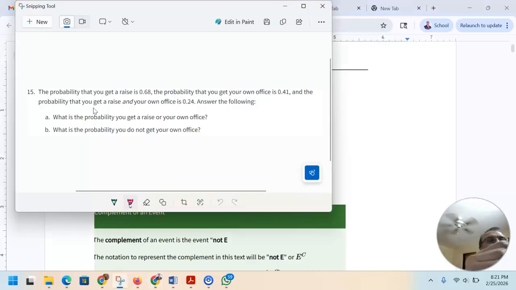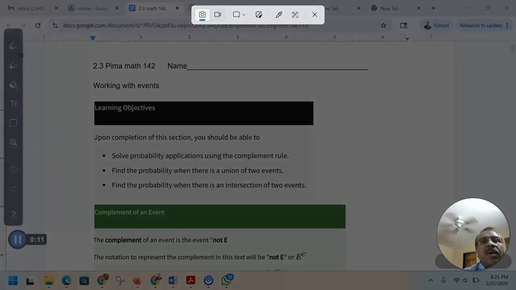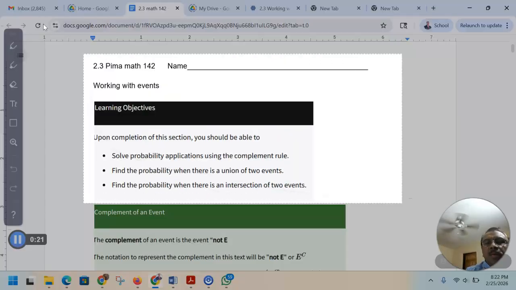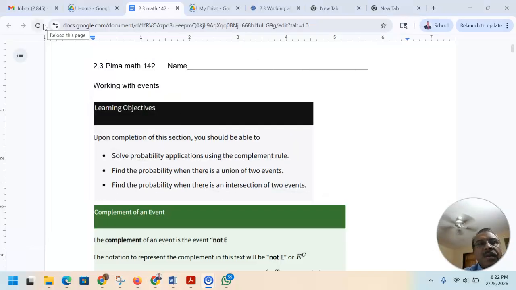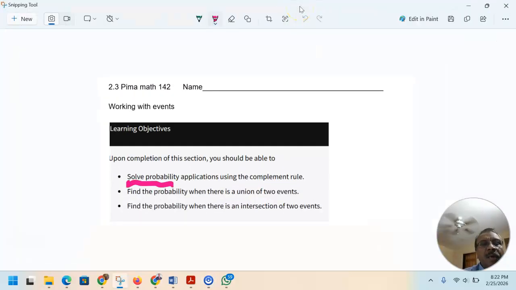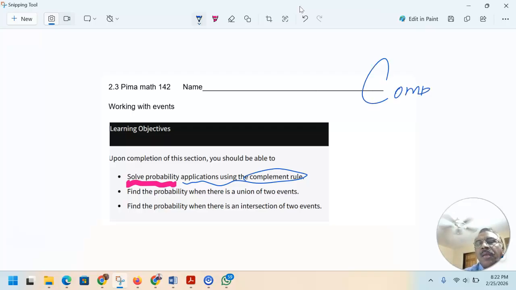So the learning target we have already seen in the classroom, but this is the one I've not gone through yet. What is the learning target for lesson 2.3? The main objective of the lesson is to solve probability application using complement. So today's lesson is more about what a complement of an